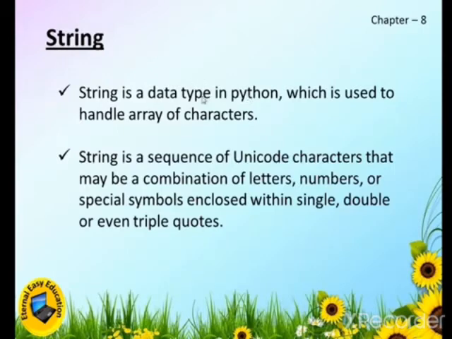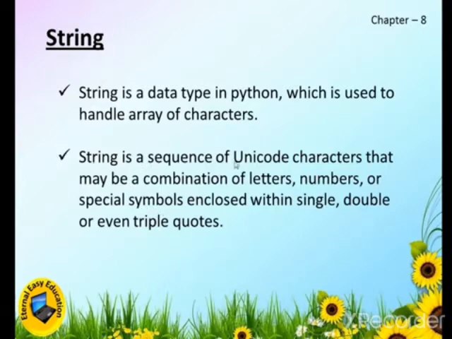As you know, in Python we are not declaring the data type as in C++. Only in C++ programming we have to declare it as int, float, char. But here there is no need. The concept of string is the same in C++ and Python. In C++ also string is a collection of characters. In Python also string is said to be a collection of characters. Here the character means it can be a letter or a number or a special symbol. So it can be alphanumeric and also contain a symbol.